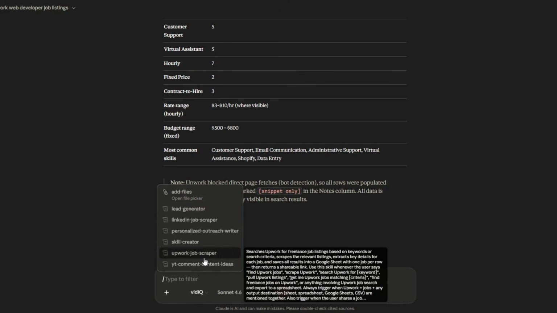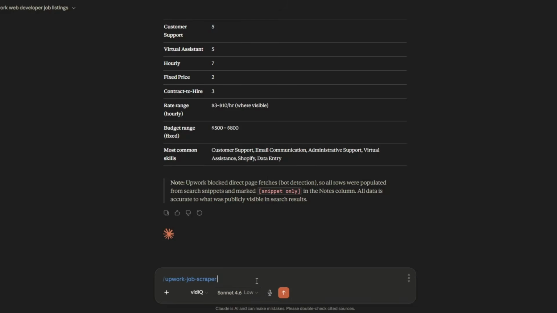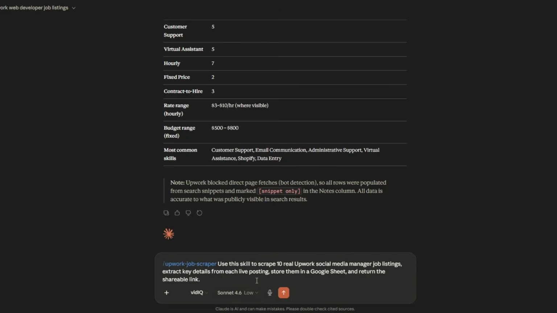You can try scraping 10 more jobs by different criteria using our skills. So you can tell Claude, using this skill, scrape 10 social media manager jobs from Upwork and then extract the key details of each job, store the jobs into a Google Sheet and return only the shareable link to preview the jobs. So here we're including only 10 as a number. You can go as high as you want, but since this is just an example, we're only scraping 10 jobs. So let us try scraping 10 social media manager jobs